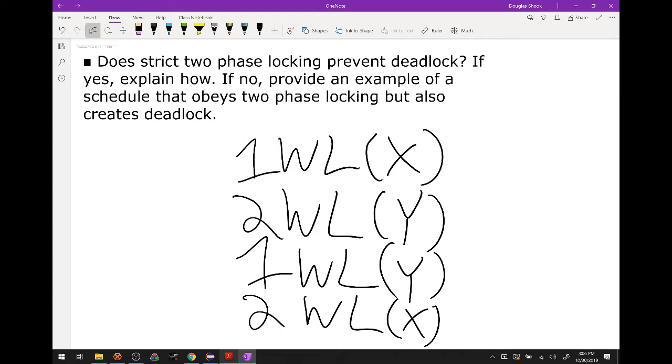Any other questions? Yes? Can you put a write lock on a data item and something else with a read lock on it? No, you cannot. I can have multiple read locks, but when I say write locks are exclusive, that's very much literal in the sense that it can be the only lock on that piece of data. If something is locked with a write lock, that is the only lock that exists on that piece of data.